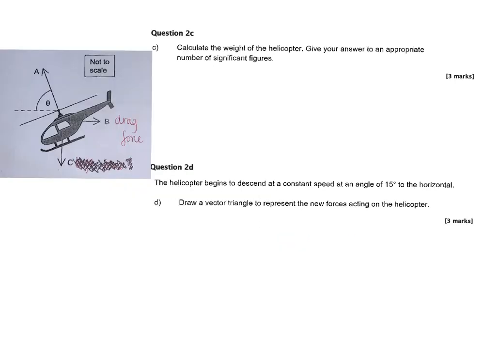Question 2c, calculate the weight of the helicopter and give your answer to an appropriate number of significant figures. So we know from the previous page that the angle is 75.5 degrees, or around that. To work out the weight of the helicopter, we know that the vertical component of A, whatever force is going up from A, has got to be equal to the weight going down for it to remain in equilibrium. So therefore, A sine angle, not cos the angle, because that would give us our horizontal component. We know that A sine angle has got to be equal to the weight going down. So to work out our weight,